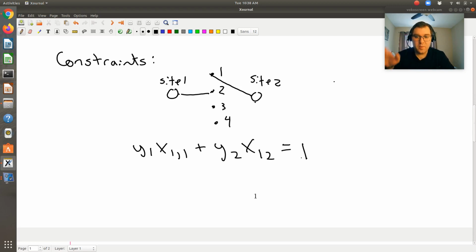Okay, so now remember, y1 and y2 can have values of 1 or 0. Let's say, for example, I prepare both sites 1 and 2. Then those are both 1. But I can only connect target 1 to site 1 or site 2. So by restricting that, the sum of these two has to be equal to 1, along with my integer constraint,